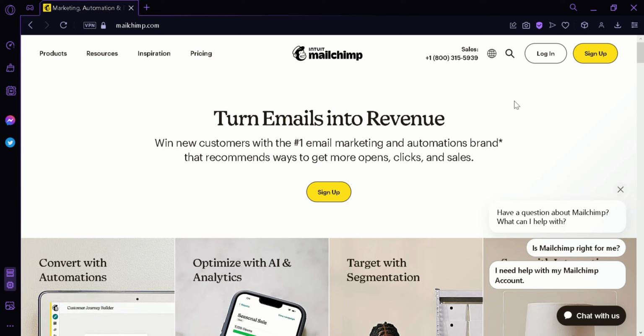First of all, what is MailChimp? MailChimp is an all-in-one marketing platform that allows businesses of all sizes to create and manage email marketing campaigns, build landing pages, design and run ads, and track and analyze their marketing performance. MailChimp is primarily known for its email marketing capabilities, which enables businesses to send targeted, personalized emails to